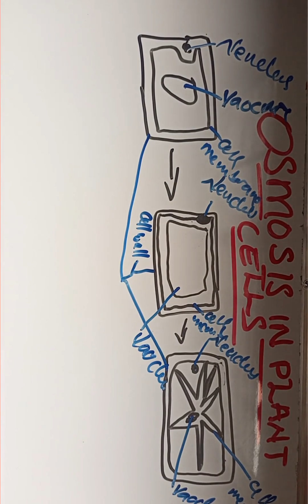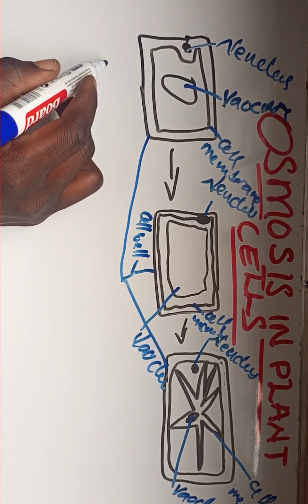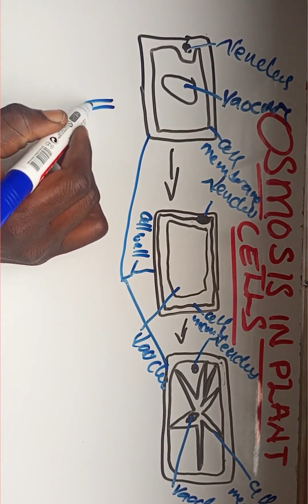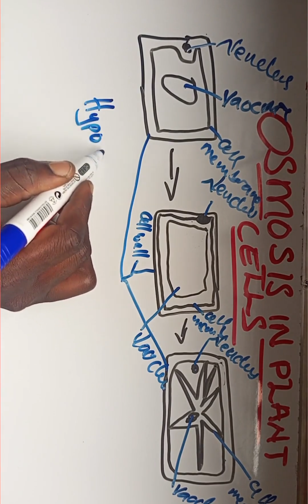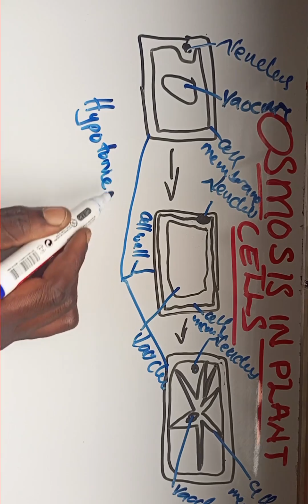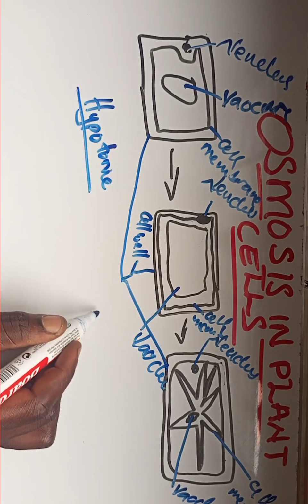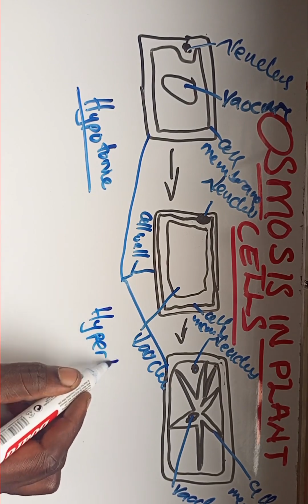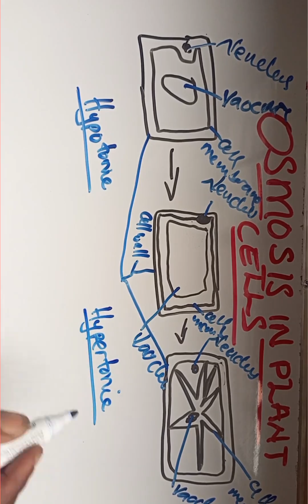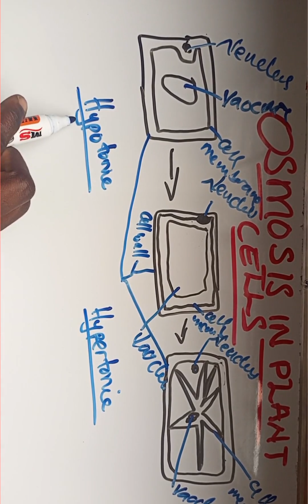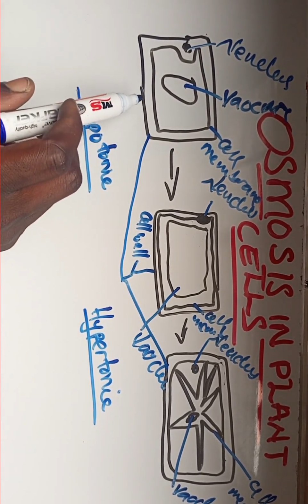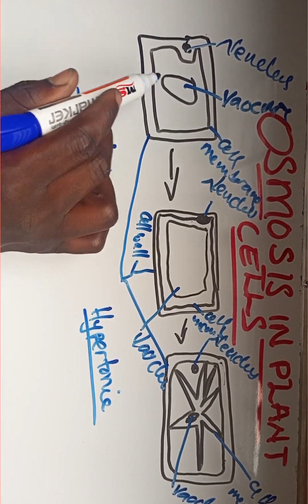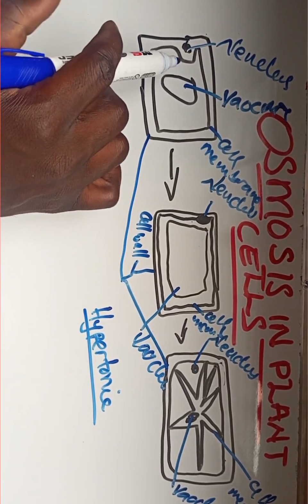So here we find that in plant cells, we have hypotonic and hypertonic. So here you find that in hypotonic, when this plant, the normal plant, when it is placed